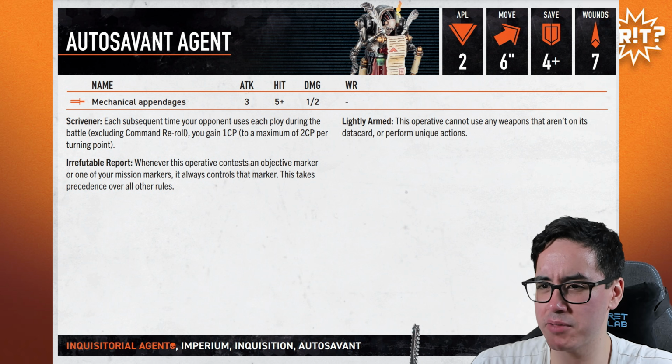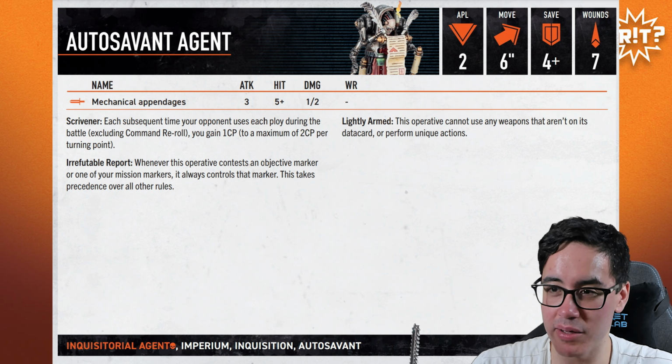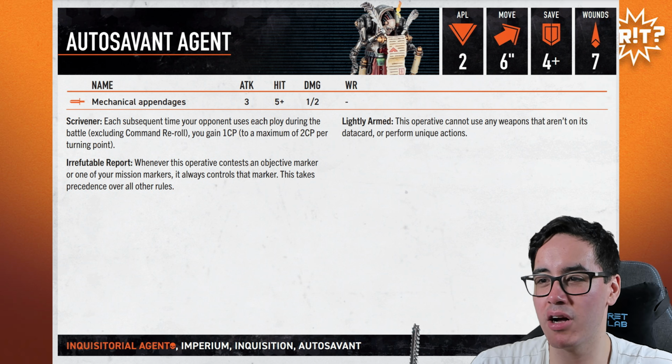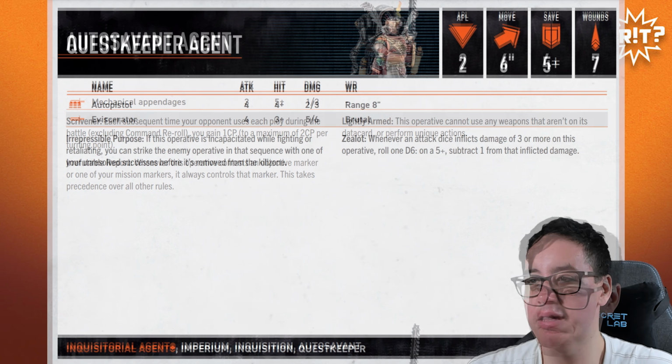You've got Irrefutable Report. Whenever this operative contests an objective marker, one of your mission markers, it always controls this marker. This takes precedence over all other rules. It's fine, but objective markers are smaller, so it will die a lot quicker. Then you've got Lightly Armed. This operative basically can't have equipment, weapons. It can only use what's on its profile. Then you've got the Quest Keeper,